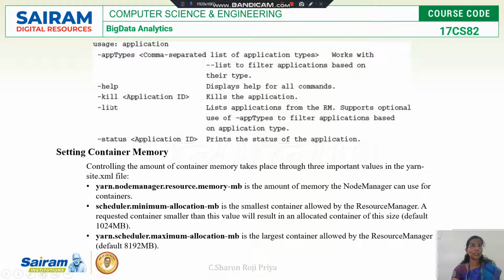Next is -kill. The -kill option can be used with the mapred command to kill any job. So how can I kill a job? Only if I know the application ID of that job, I can kill it. So before using this kill option, you have to use the list option. You list all the applications, find out the application ID of the job to be killed, and then use this application ID along with kill. That's what is given here. Along with the kill option, I have to specify this application ID. This is how I can use the mapred command to kill any job.